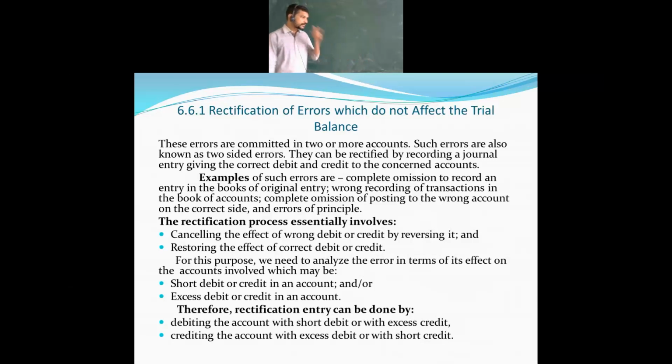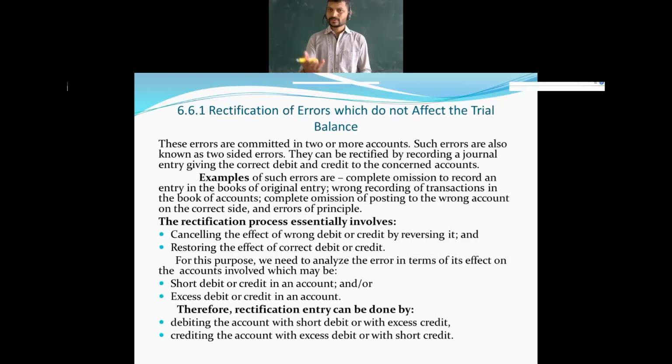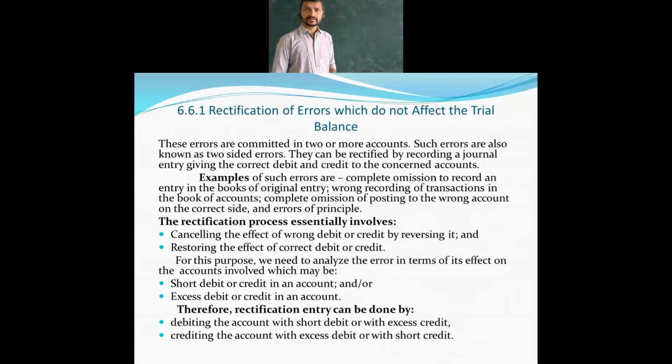What it says is rectification of errors which do not affect the trial balance, where two accounts will be affected. Two accounts, just like I gave the example, rent and wages, up and down, under or overcast of amount. That is what we can understand. In the previous illustration, we saw that it was not from this book itself, it was from another book. For your understanding purpose, we solved one example for that. Here again we have a few illustrations in further sessions, and we will clarify them one by one.